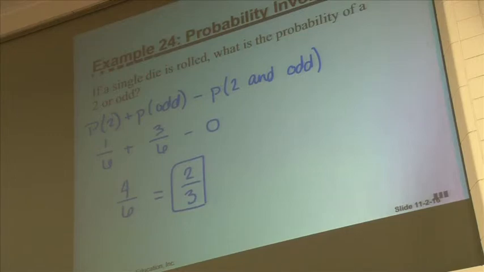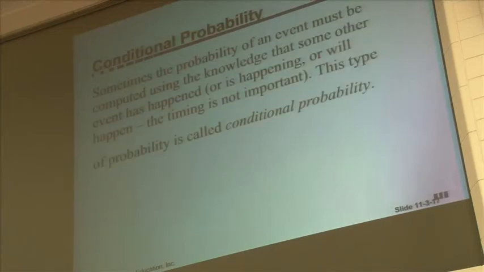All right. That is how you do probability when you see the word "or" in a problem. Doing this or this. Sometimes, even though you have 2 things happening, 2 or more things